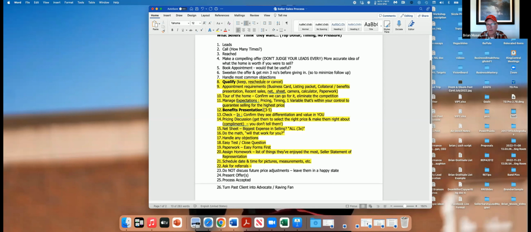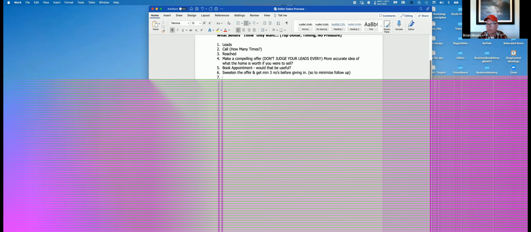Then I go into my benefits portion of the presentation, and I have 3 benefits that are ridiculous that I know my competition isn't talking about. And you should have those benefits, whether it's matching your buyers up with a database,